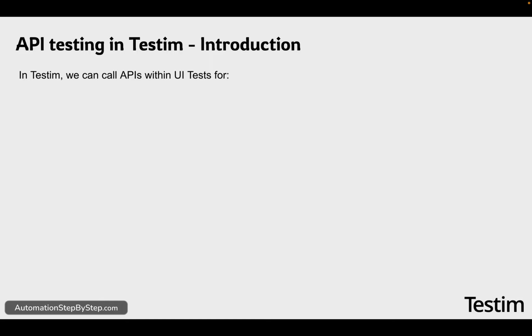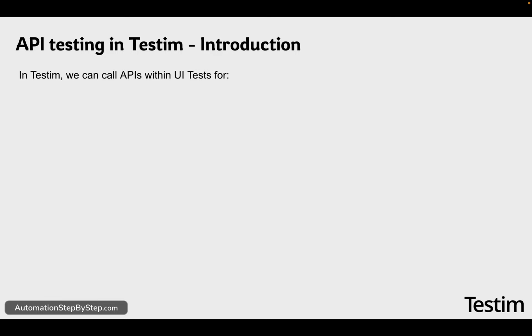Now generally when we create our UI tests or when we generate steps for our UI tests, at some places after some steps we may have the need to check something from the backend, from the database, from the server, or maybe do some kind of validations. And in case we have APIs available to do those actions, it will be very handy, very useful and very efficient to use APIs instead of doing all those actions and processes from the UI, because UI is time consuming and it is error prone. So if we have APIs for these actions and processes, it will be very efficient to use these API steps